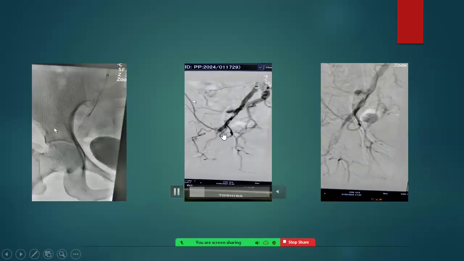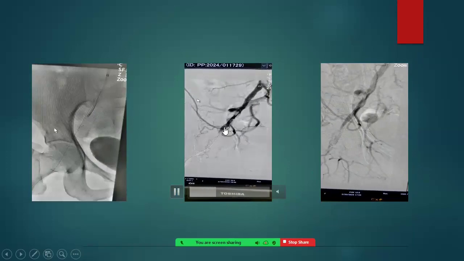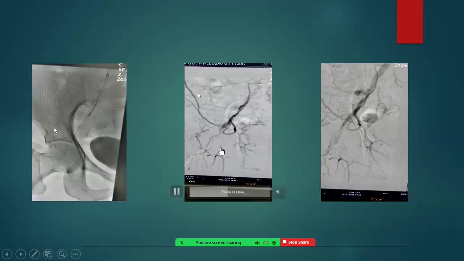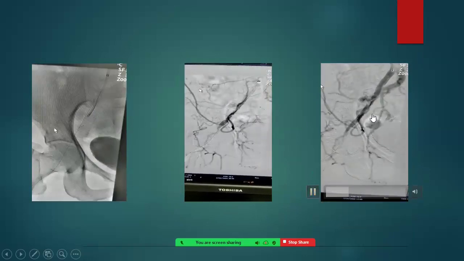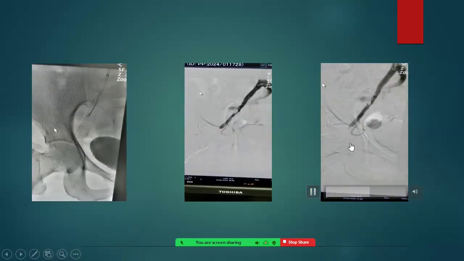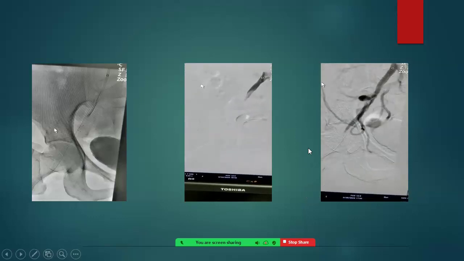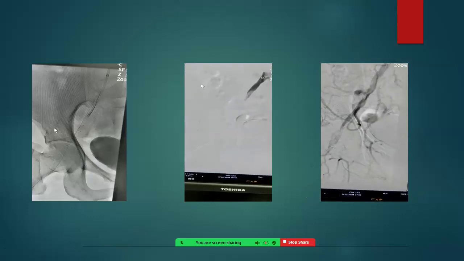A little deformation was there. At least we were able to make the external artery patent a little bit, but the profunda was not patent. So at least we were able to keep the ECA patent. We kept this patient on IV heparin for 3 to 4 days, 1000 units per hour.